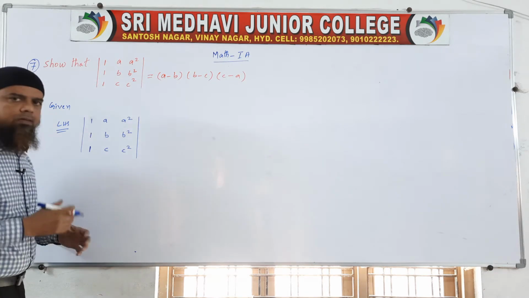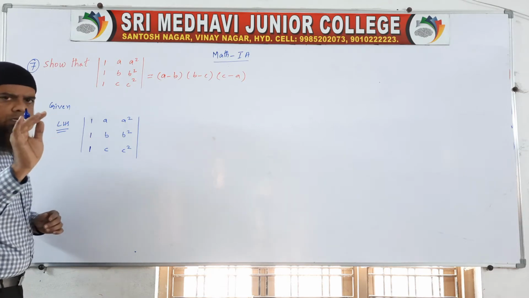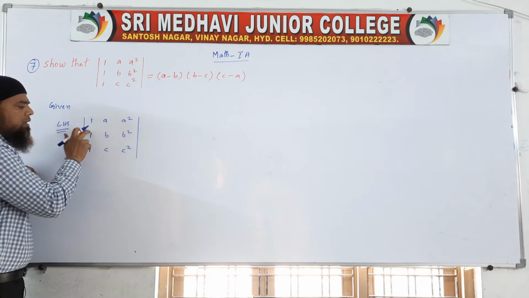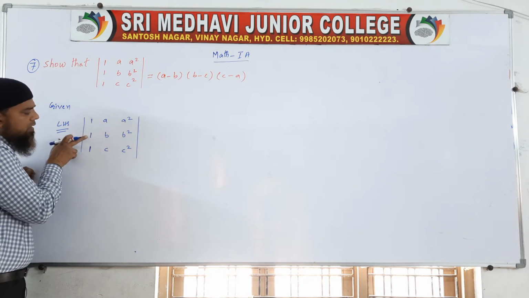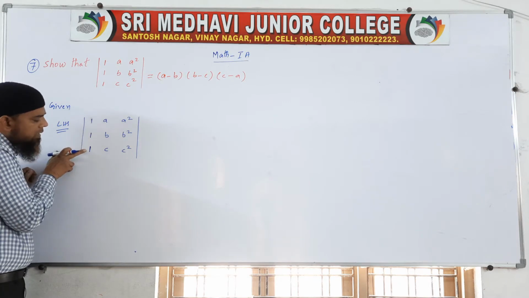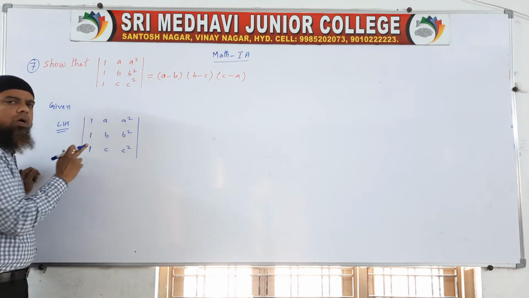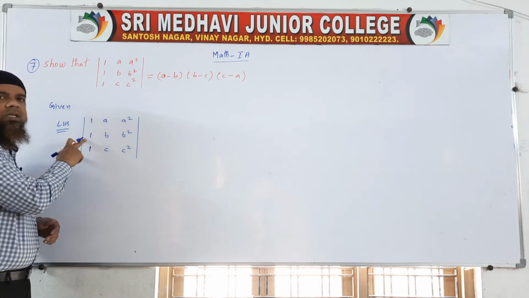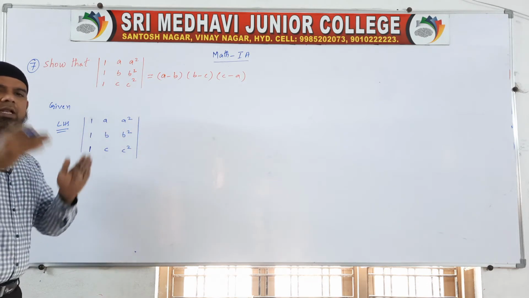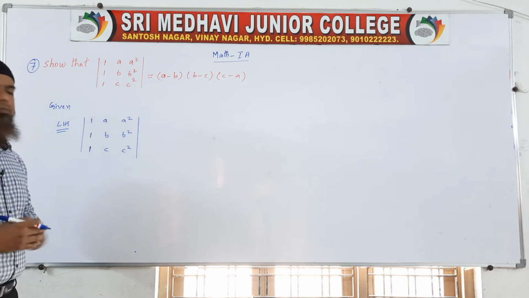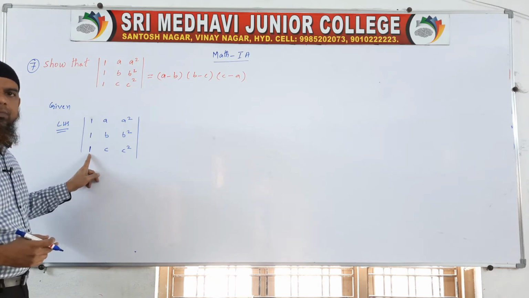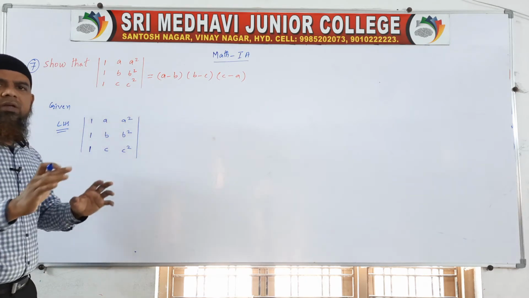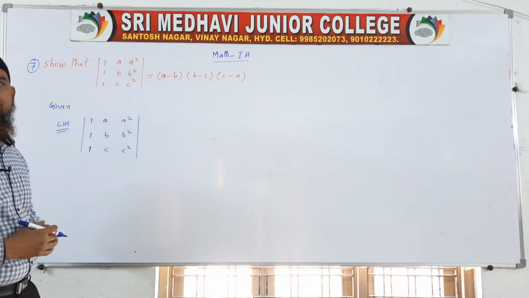Now, what I am doing here, listen clearly, this is the most important point. I want to make this one a 0, the second one a 0, similarly the third one a 0. How to make zeros? Very simple. 1 is present here, and plus 1 is present here. I am adding minus 1: plus 1 minus 1 both get cancelled, you will get 0. Similarly, here also I am doing the same thing. I am not disturbing this R1. R1 is as it is up to the last step.